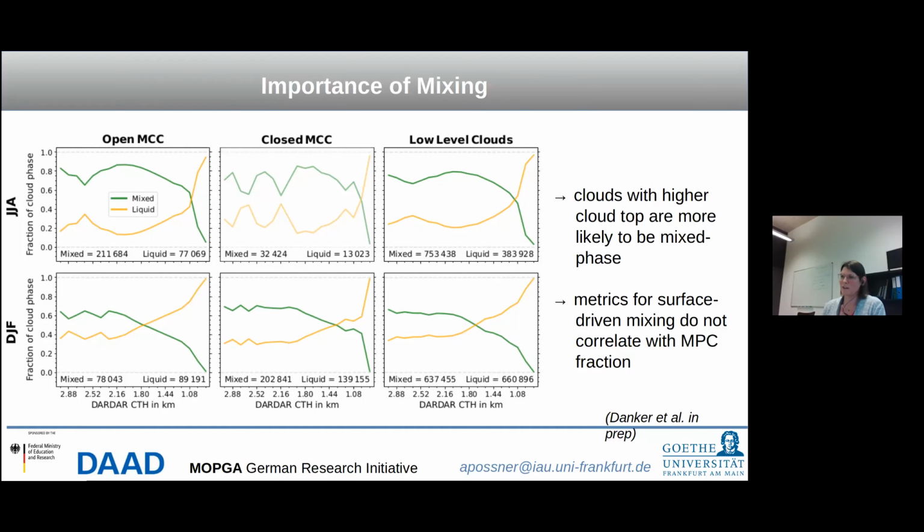So that's why we can infer from this relationship of looking at cloud top height that mixing seems to be playing a role, and that's what we identify from the satellite-based point of view. It's been seen also in field studies, and that seems to be showing a quite consistent picture. The other thing that Jessica has found is that surface-driven mixing doesn't seem to explain this relationship. So it's still cloud scale processes that seem to generate the mixing as relevant here.